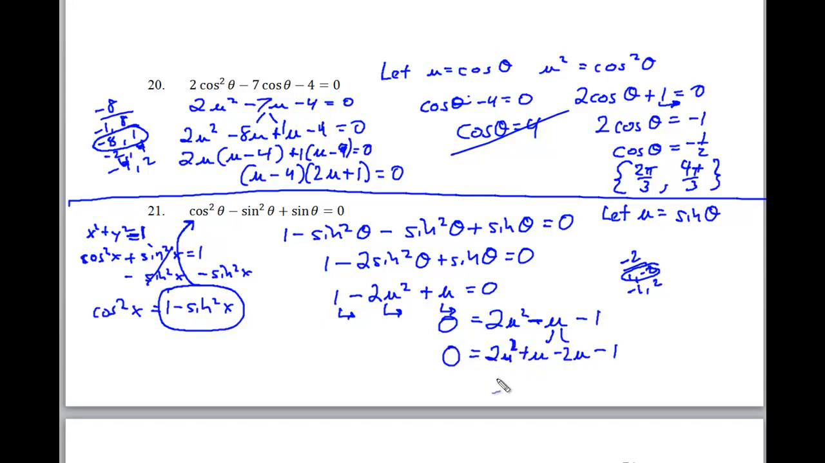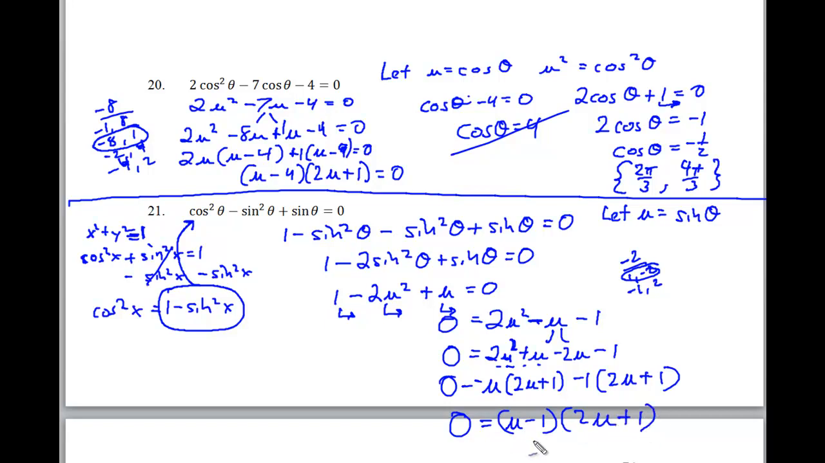Now I'm going to do a little grouping. I'm going to factor out a u, and that will give me a 2u plus 1. And then I'm going to factor out a negative 1 here, and this will give me 2u plus 1. So this is both equal to 0. Now I can write my factored final form of u minus 1 and then 2u plus 1. After I've completely factored this and set it equal to 0,